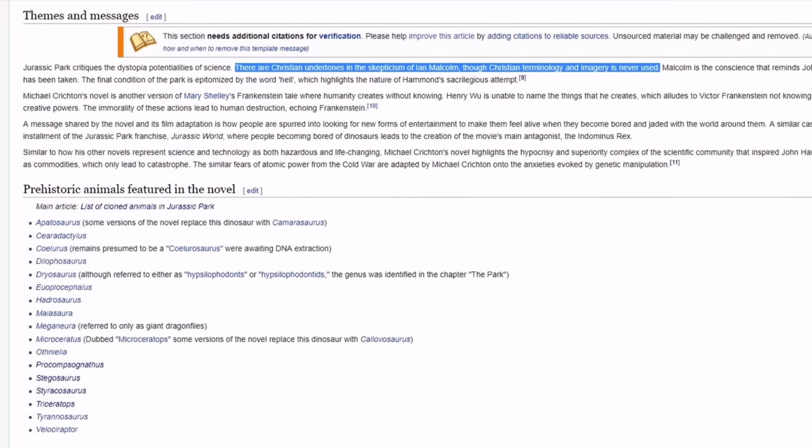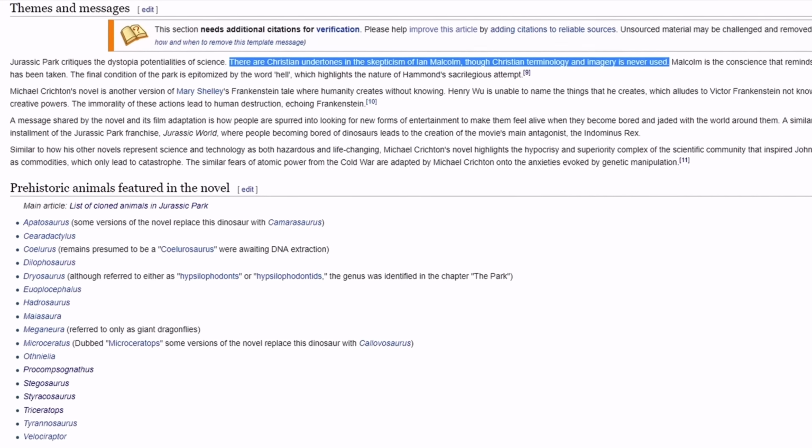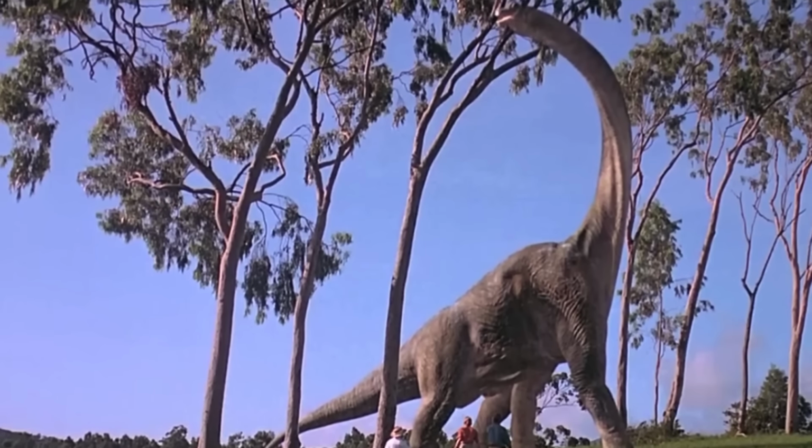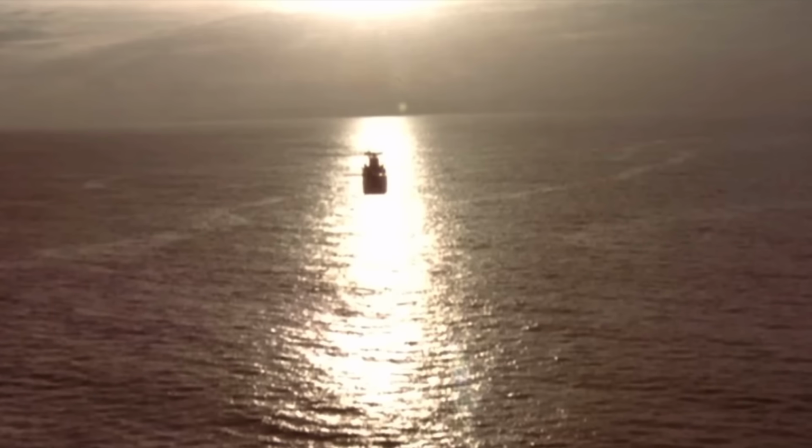Possibly the most interesting thing about this draft is its dedication to characterizing the park and Hammond himself. You see, the Jurassic Park story has always been talked about as a sort of representation for the Garden of Eden. It's a beautiful place with a ton of creatures that are really cool, but as soon as you pick the forbidden fruit, everything goes to hell and you get kicked out, never allowed to go back again.